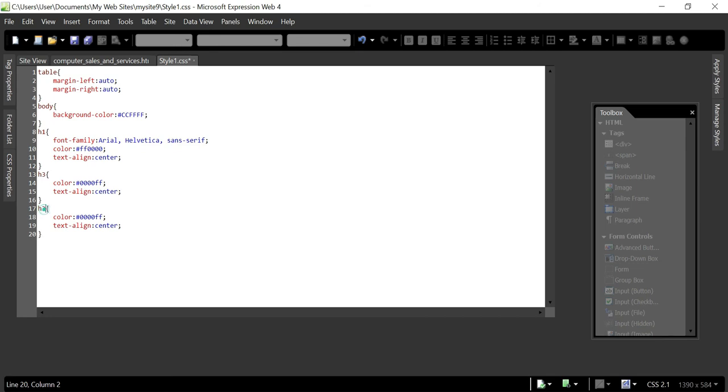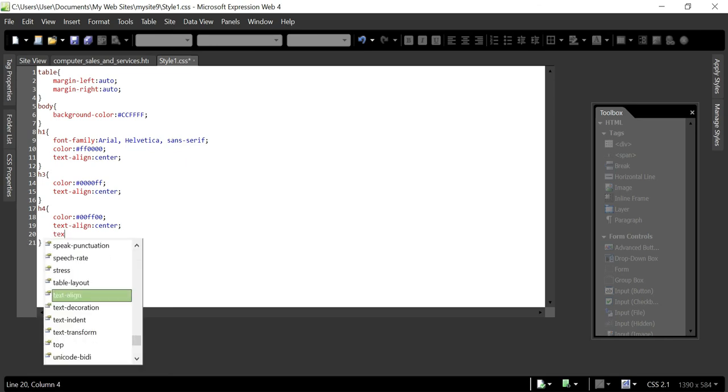I want to make this one as 4. I want to make the color green, let us suppose. Green: 00, and the middle part should be FF, 00 FF 00, green color. I want to make this center align and italic. Text style, text decoration, text indent, position, let's make,